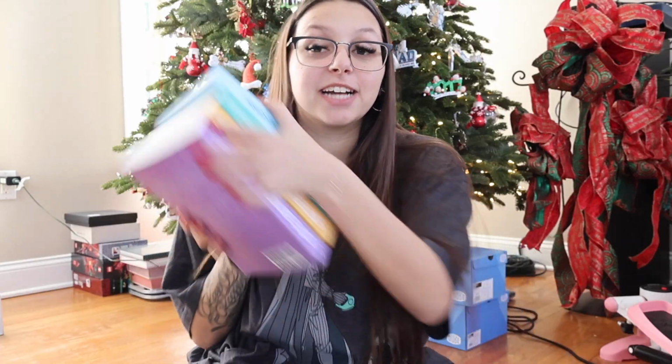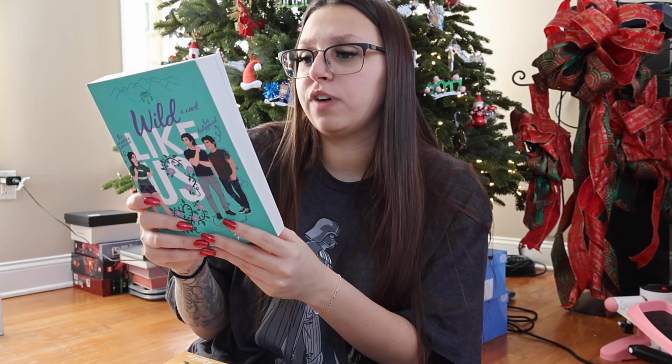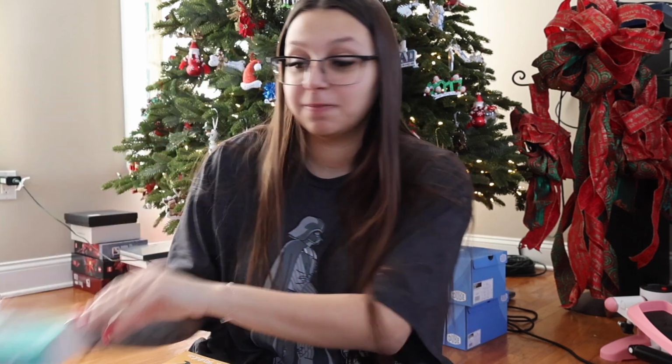And last but not least, I got the next four books. I've read the first four, so the next four of the Like Us series. In no particular order, because off the top of my head I do not remember which ones come next, but I have another one of Maximoff and Pharaoh, so it's Headstrong Like Us. We have Wild Like Us, which follows Sullivan, and then Akira and Banks, so that one's gonna be interesting. We have Charming Like Us, which follows Oscar,